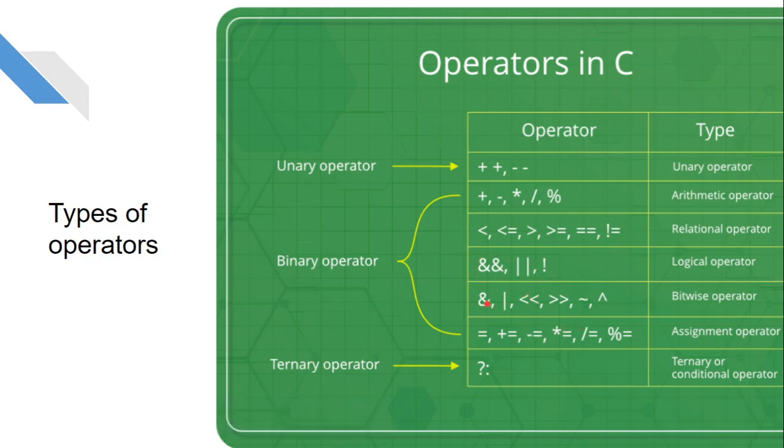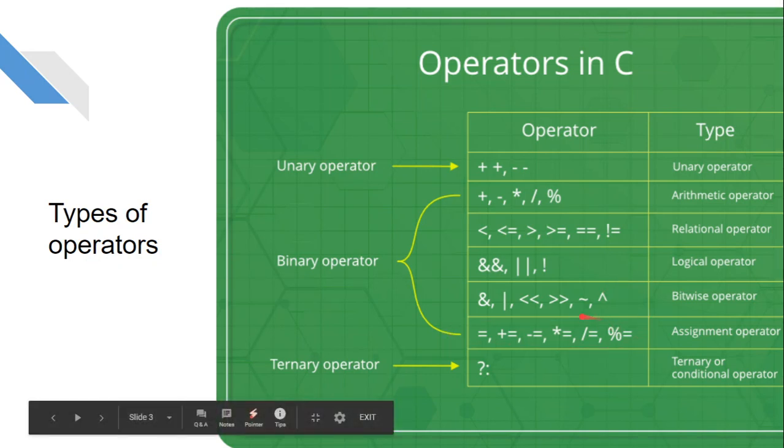And then this is the bitwise operator. What is a bitwise operator is that every bit is anded, ored, shifted, or complemented. Any operation of these logical operators can be applied bitwise. For example, there are 8 bits in a particular value. The 8 bits will be operated independently, and then the answer will be finalized. And then the assignment operator, which helps to assign the values after the operation is done. So the ternary operator is a conditional operator.